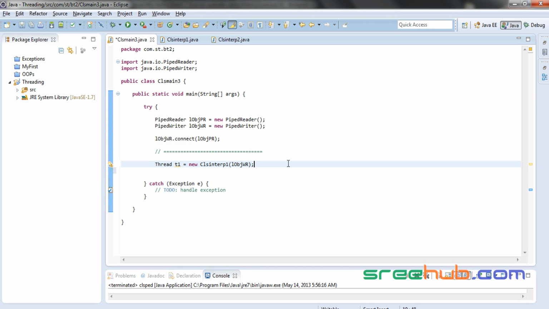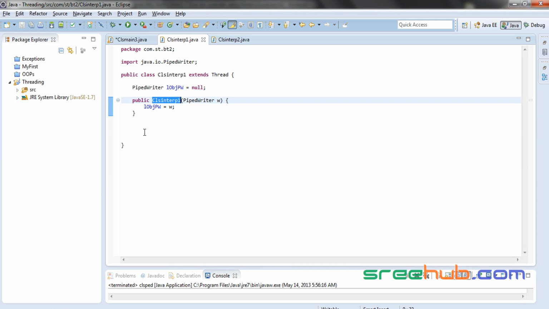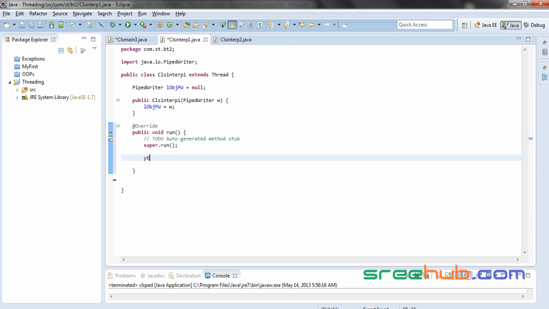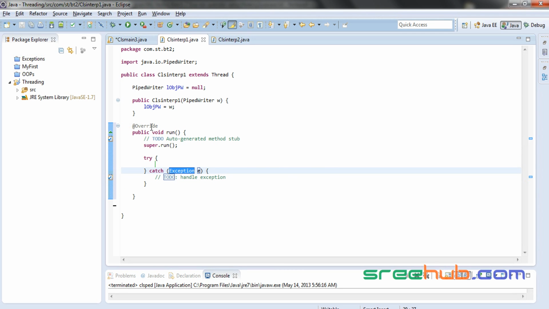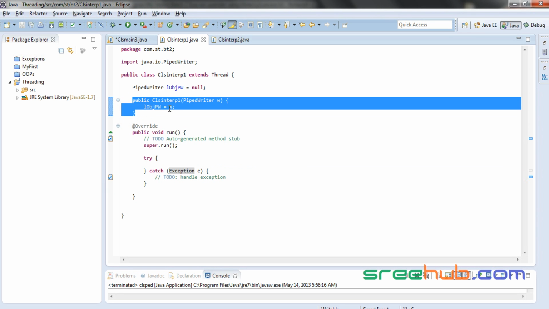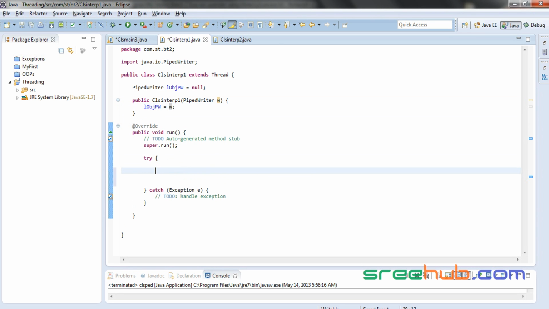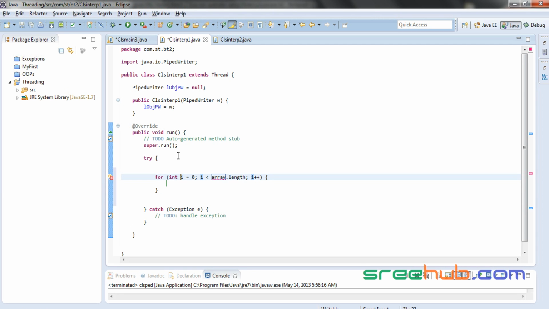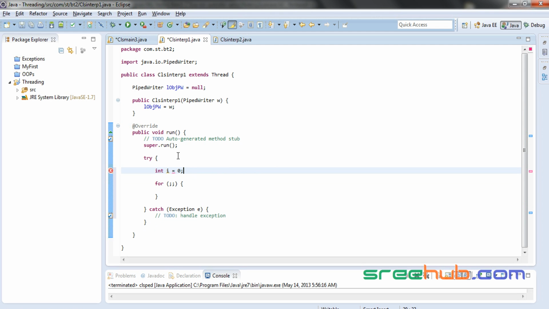So now let's go back to our first thread 1, and here we have to do something to actually feed something to the writer. Now let's see how we can feed our data to the writer. So what to feed now? So let us take an infinite loop. Let me just call while, or you can just take a for loop where you don't have any signature. Right. Just say this, and let me just take an int i is equal to 0 in here,